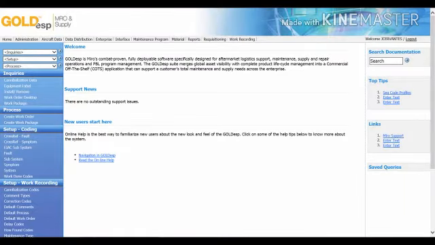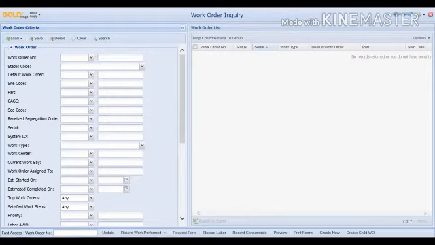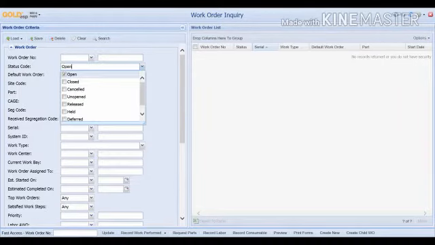Now, if I wanted to find any open work orders against a particular aircraft or work center, I can simply go over and click on Work Order Desktop. This brings me to the Work Order Inquiry screen. From here, if I wanted to find the work order that I had just created, I can go ahead and select my open status